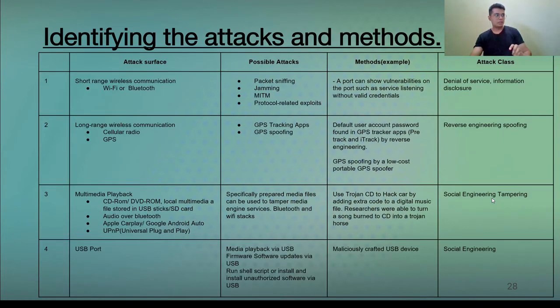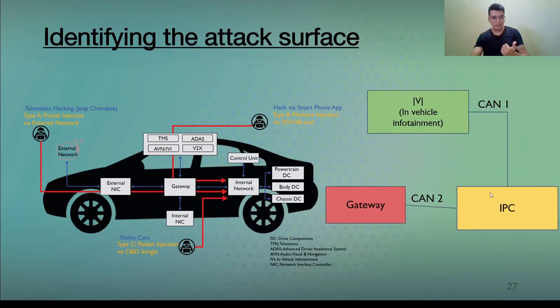So the attack surface could be the functionalities which have been implemented in the in-vehicle infotainment system. When you identify the attack surface, it is not necessary that you find it only on this ECU, because this ECU is connected only to CAN 1 and CAN 2, but this ECU could be compromised if these two ECUs could be compromised. So the basic attack surface could not be here; it could be here itself, over the in-vehicle infotainment system.